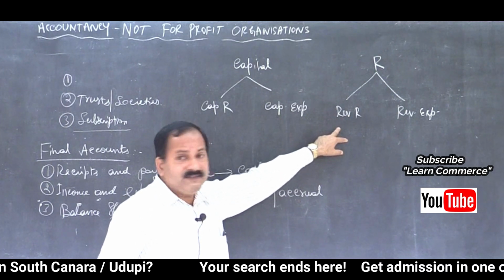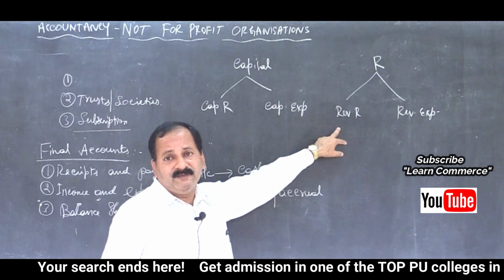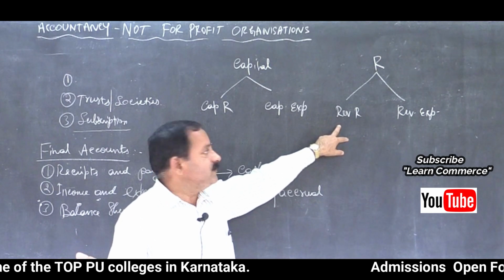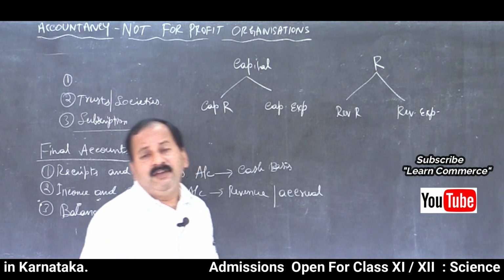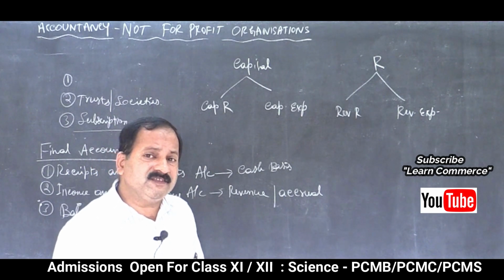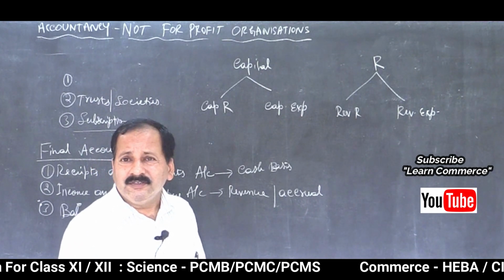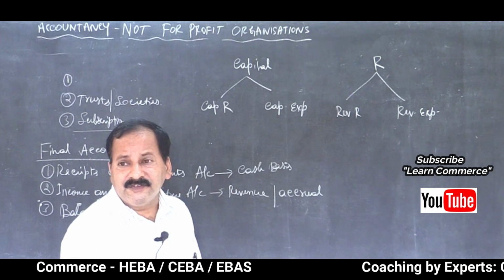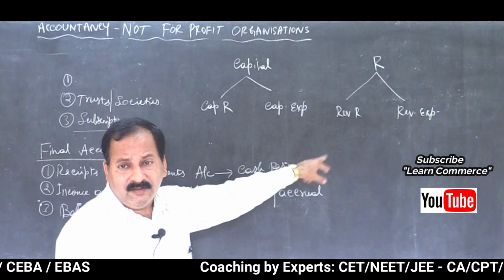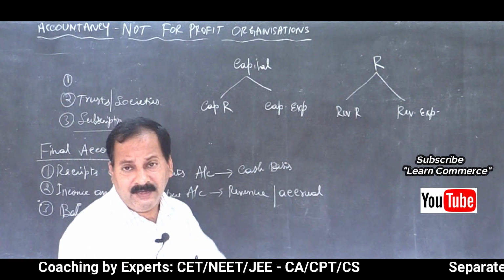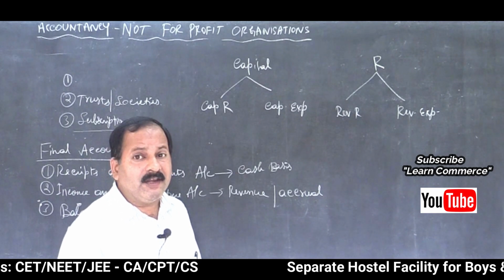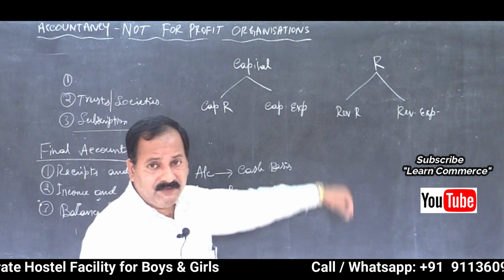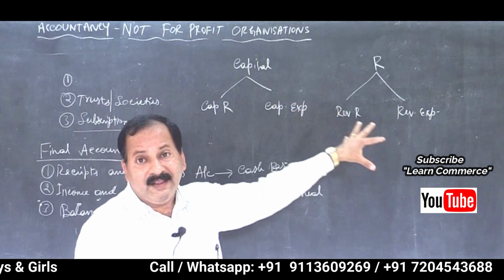So here, revenue receipt. When we receive subscription from members, every month they have to pay. So it is revenue receipt. And that is revenue expenditure. Revenue expenditure, I'll give you an example. Maybe you have paid honorarium, isn't it? Expenditure. Revenue receipt is subscription. Revenue expenditure is honorarium you are paying, or maybe locker rent you are paying, isn't it? Locker rent. Every year you have to pay. So it is a revenue expenditure. So that is the basic difference between capital and revenue.